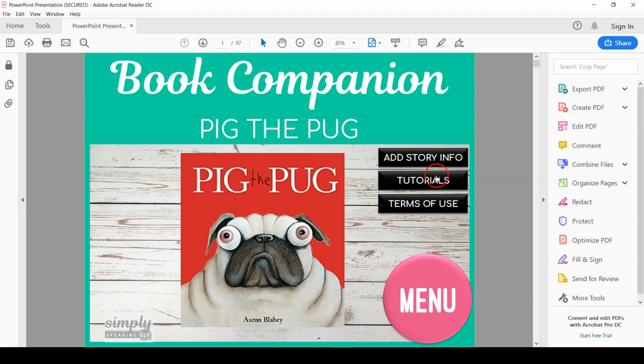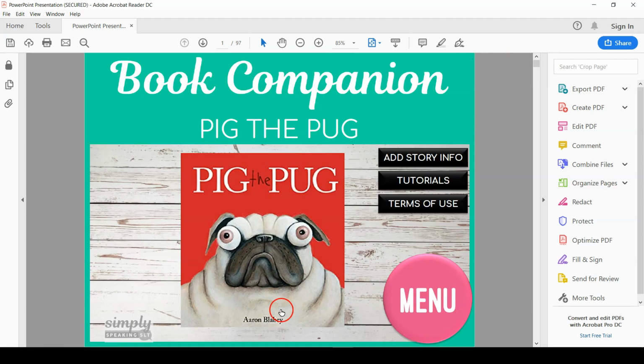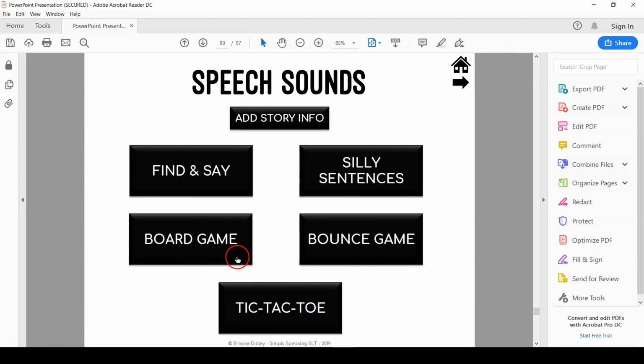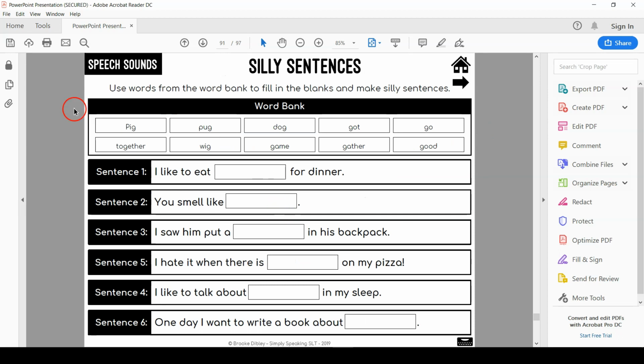So now if we go back again, have a look what's happened for our making sentences. Oh, no, not that one, sorry. Speech sounds. So I have added in these words for today just to show you how these games fill in, but I often will just have my students do that themselves. And if we put here that the sound is G and that we're doing it in all areas, and then if we move down, what's happened is we now have this silly sentences activity all filled in with our words